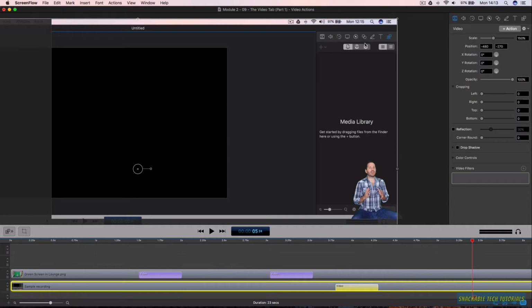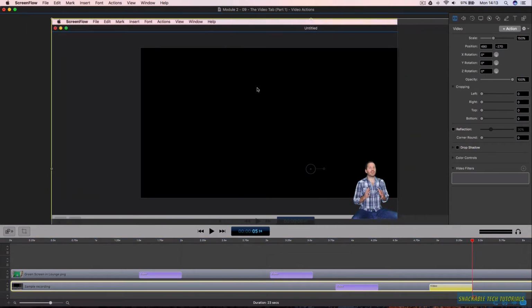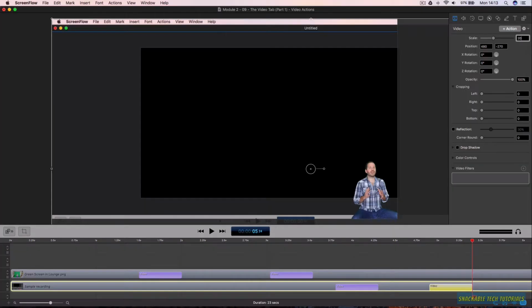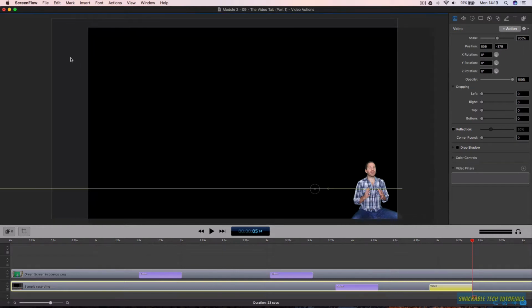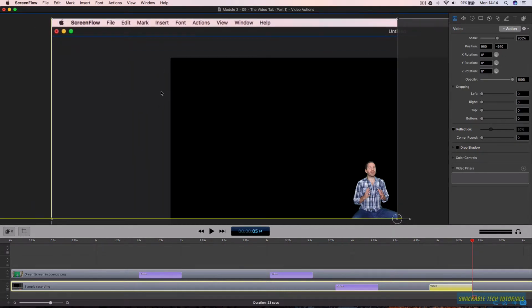And then now let's say we've done that and we want to then move over to the left hand side of the screen to show something else. Well, then we just add another action, and then what we're saying is after this yellow block we want the screen to be in a different position again. So we just click on the screen and move it over here, and let's say maybe we want to zoom in a little bit more again. So we want to maybe go to 200%, hit enter. Now it's zoomed in, so we need to